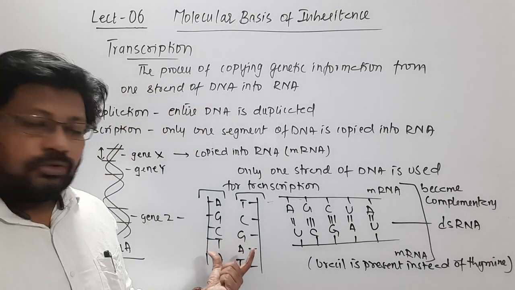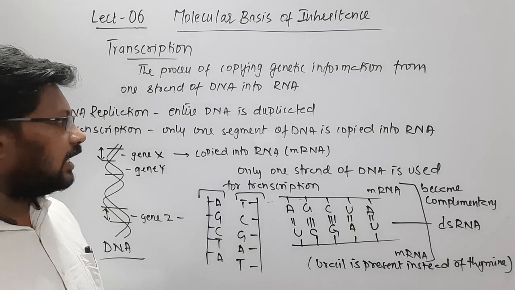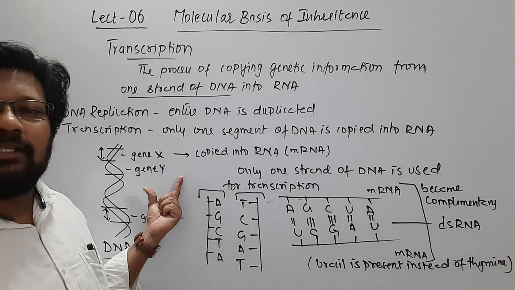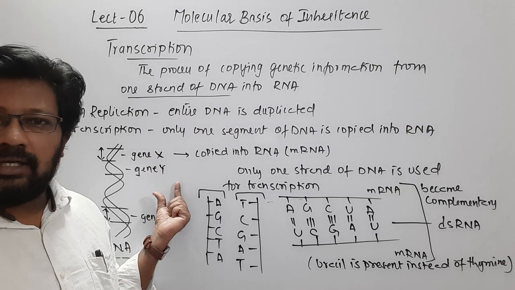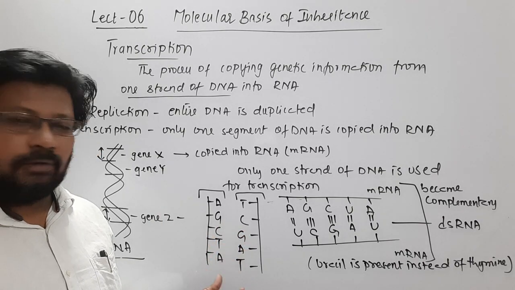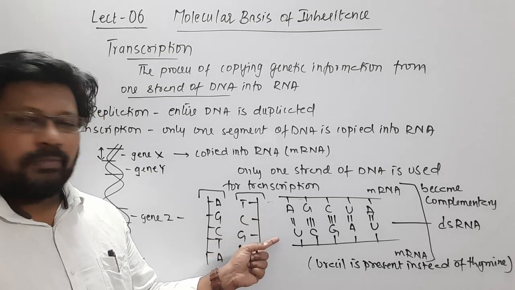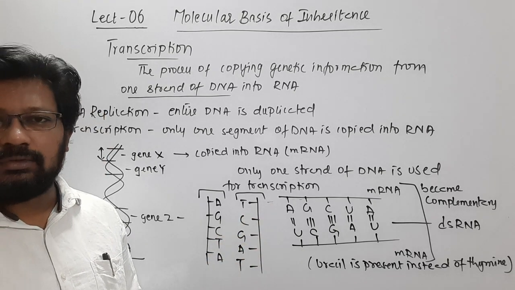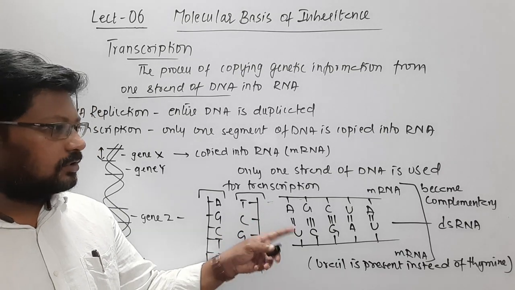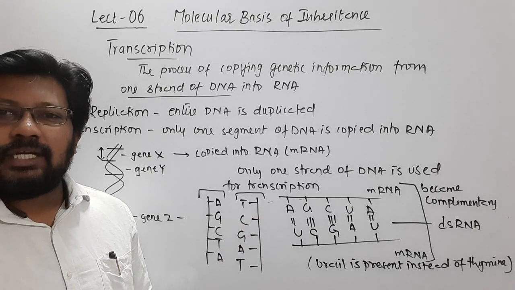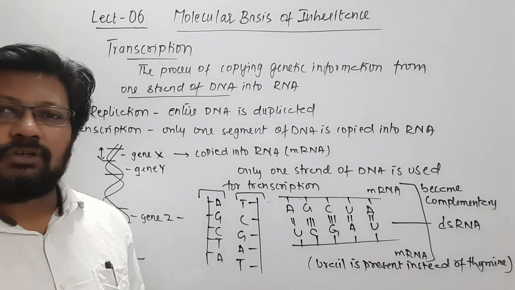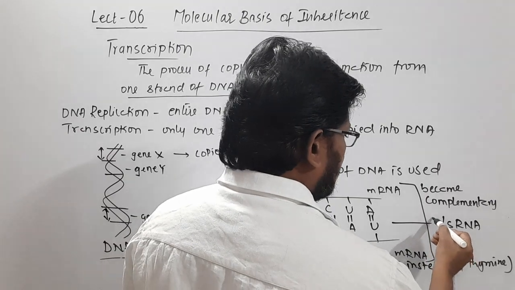When these two strands get transcribed, I told you that in case of transcription, only one strand of DNA is copied into RNA. But if we say that both the strands get transcribed, then it results in the formation of two mRNA molecules which will be complementary to each other, and they will pair and result in the formation of double-stranded RNA. And once the double-stranded RNA formation is seen, it cannot be used in the process of translation.